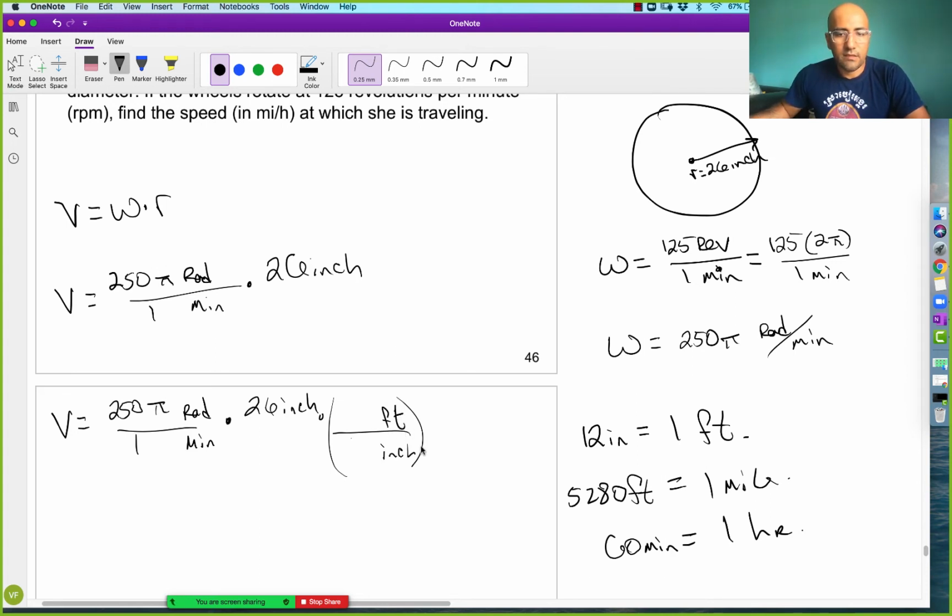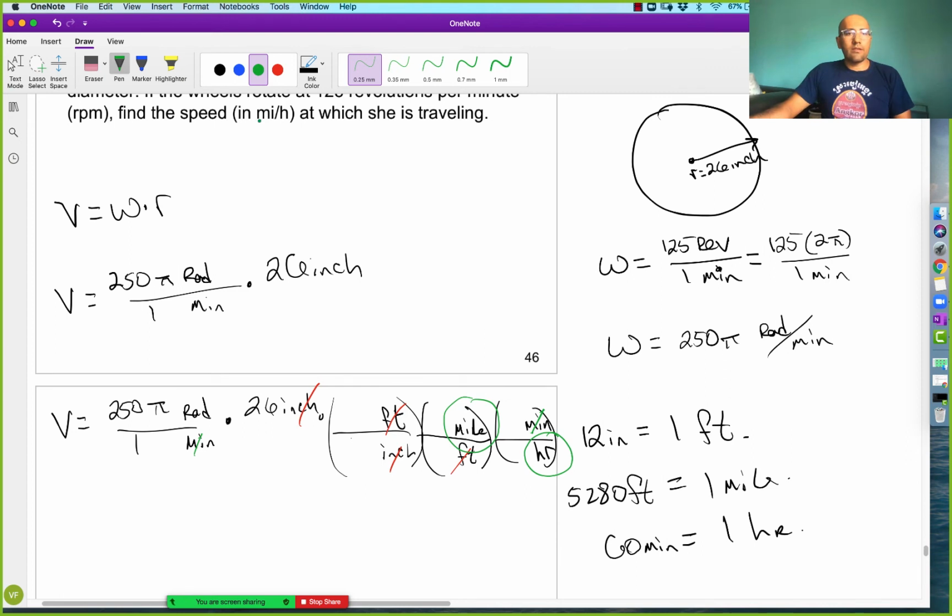Inches to feet, and then from feet to miles, and then from minutes, and I'm going to put minutes up here so that they cancel out with those minutes, and then hours over here. So just looking at the units, minutes will cancel with minutes, inches will cancel with inches, feet will cancel with feet. And so the only thing that survives is going to be miles over hours. Right? So it'll be in terms of